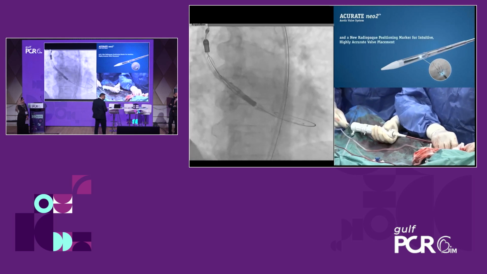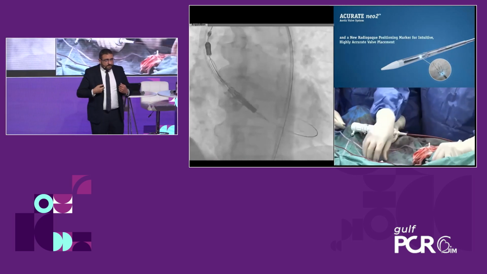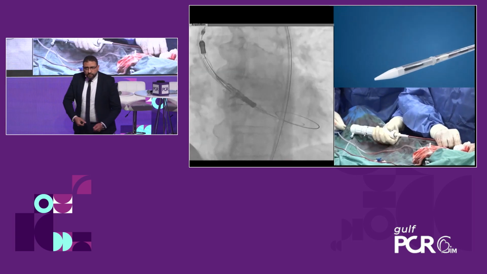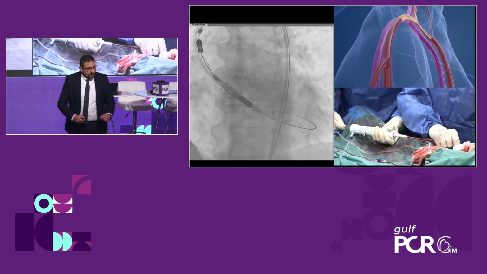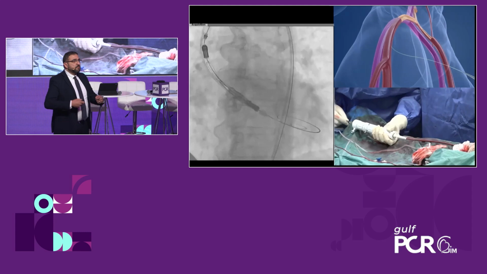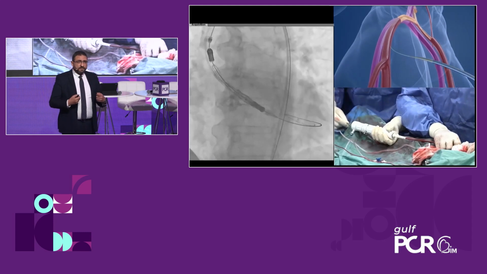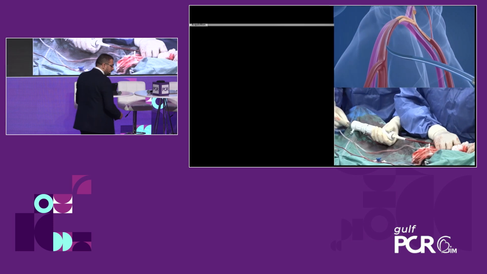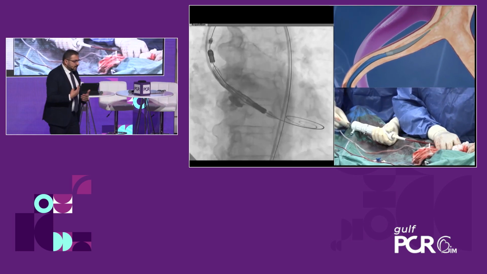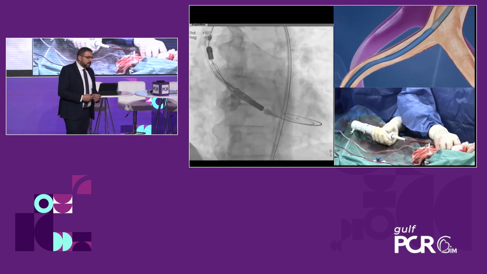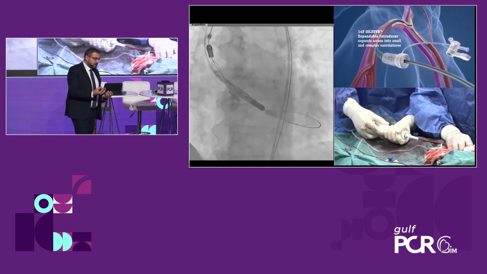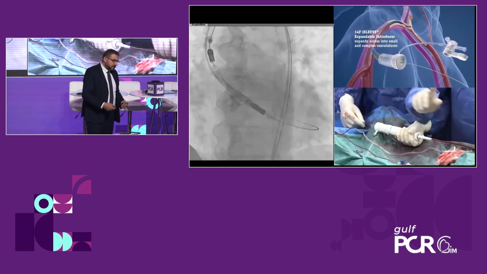Sometimes with the valve deployment, if the valve went a bit deep into the LV, you have to retrieve the whole system again into the ascending aorta and advance it once again, just to make sure that your final movement is always towards the ventricle. This is an important step, and it will allow an easy release of the valve and separation of the stent